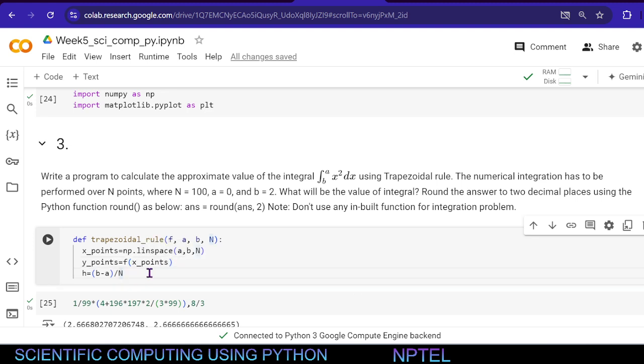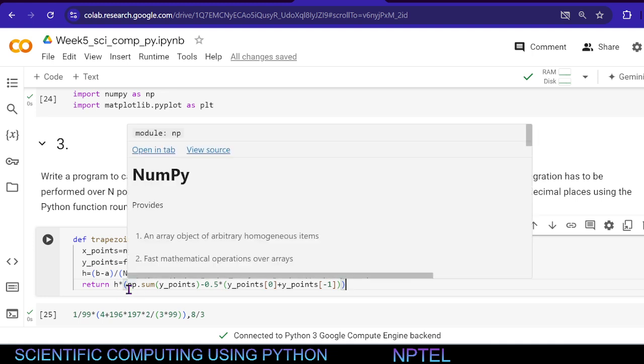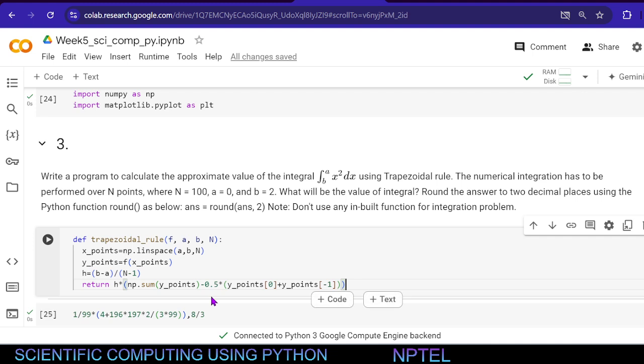And h is (b minus a) divided by n minus 1, right? Because we have n points, so it's going to be n minus 1 intervals. Okay. And last thing, what do we want to do? It gives the answer, which is very nice, but let's see how it does. So we know that it's going to be h by 2 times the sum of